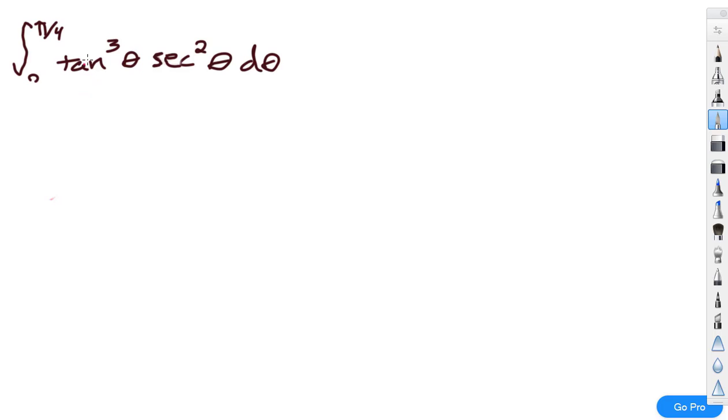Well, I know that the derivative of tangent is secant squared. So I am going to let u equal tan theta, which means that du is going to equal secant squared